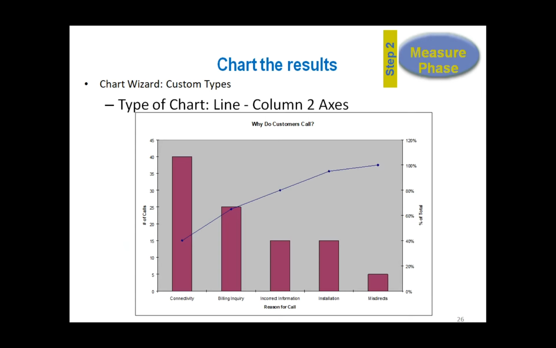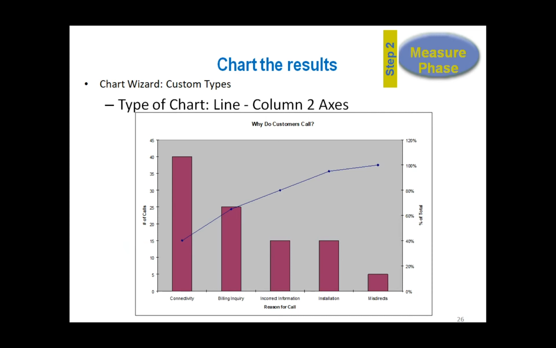Now this is the Pareto chart, which tells us that we need to focus on connectivity and billing inquiry issues to resolve our problems, and that will take care of, if you see the trend line here, almost 60% of our customers calling because of connectivity and billing inquiry. So these are the two concerns that we can address, and if we are able to resolve the connectivity and the billing issues,